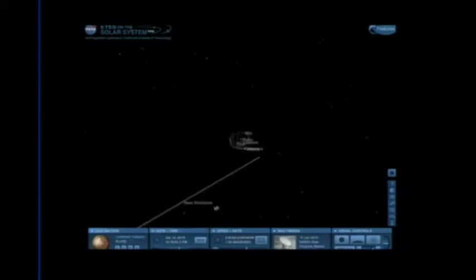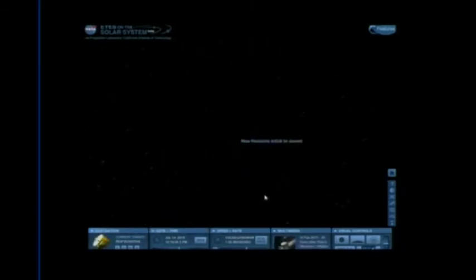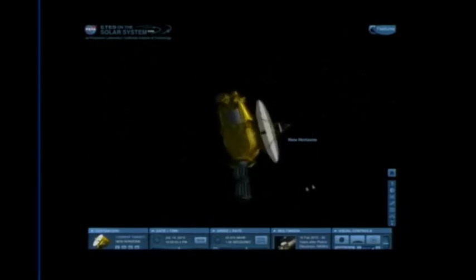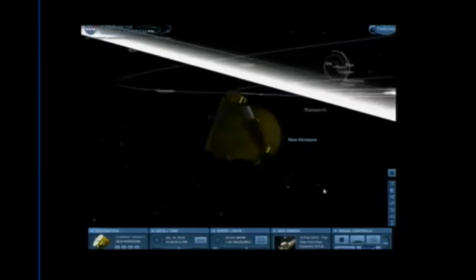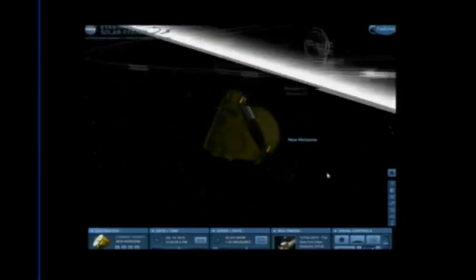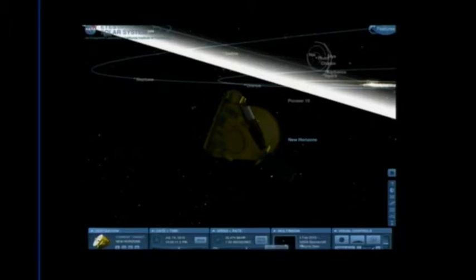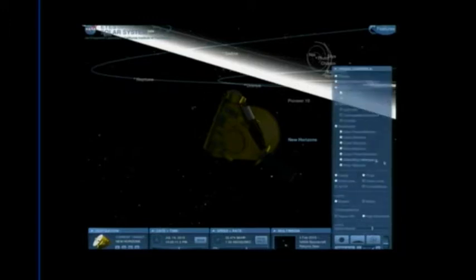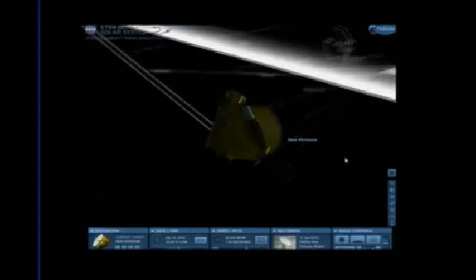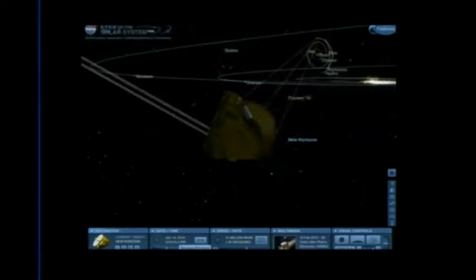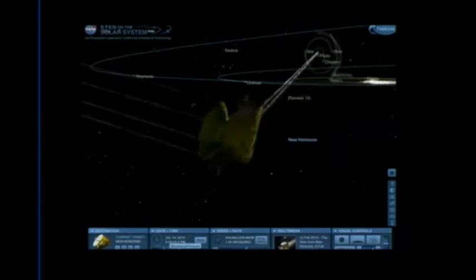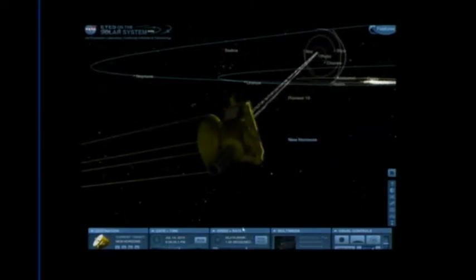And I'm going to find New Horizons. Let's double click on New Horizons. Now, there's New Horizons, and I'm going to say real rate. It's not spinning anymore. Ignore that orbit line if you can. What I'm going to do is turn on the view lines. And you can see, let me speed up. In fact, let me go back in time a bit. You see what it's doing there? It started snapping photographs. And I'm just going to run it a bit forward here.